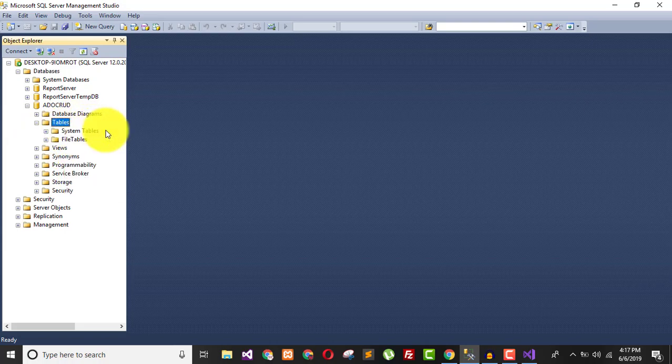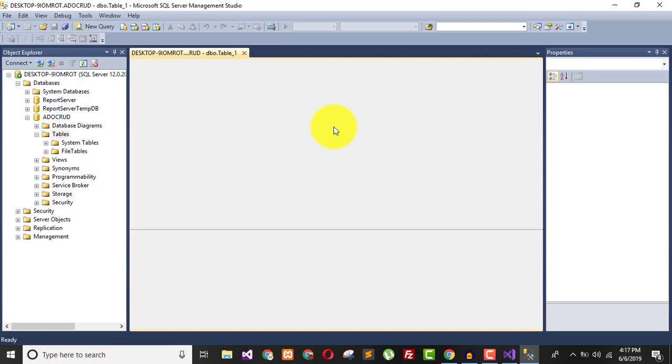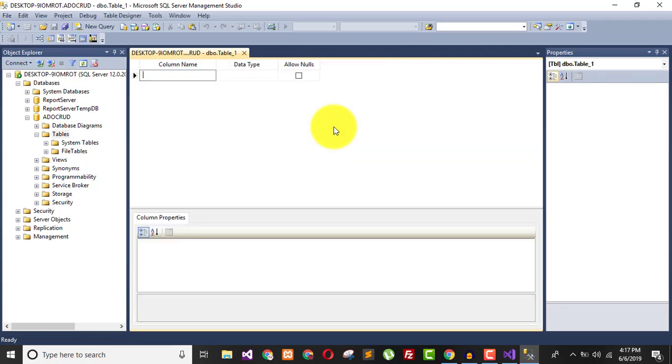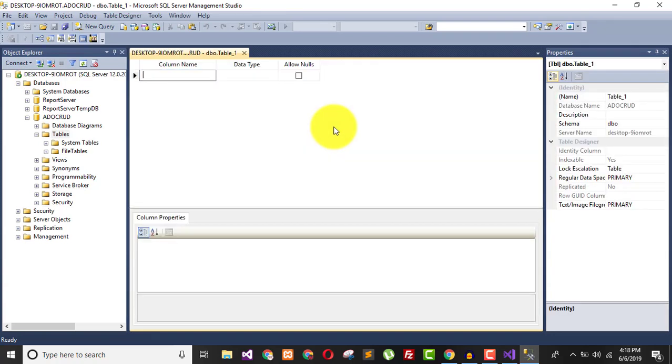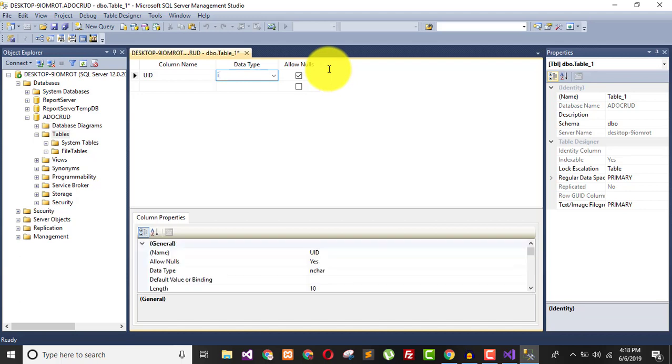Click on table, and inside this view you have to create the properties of your table. So the first property in every table must be the primary key. So I will use UID. It means user information or user ID, and the data type must be integer or numeric, whatever you like. It is not a nullable value, because whenever the primary key